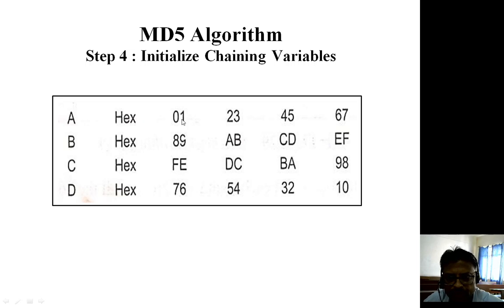Each hexadecimal digit is 4 bits, so 8 digits make 32 bits. It means variable A is 32 bit, B is 32 bit, C is 32 bit, D is 32 bit. And remembering is very simple. You start writing the numbers in hexadecimal form 0, 1, 2, 3, 4, 5, 6, 7, 8, 9, A, B, C, D, E, F, and then reverse it F, E, D, C, and so on.